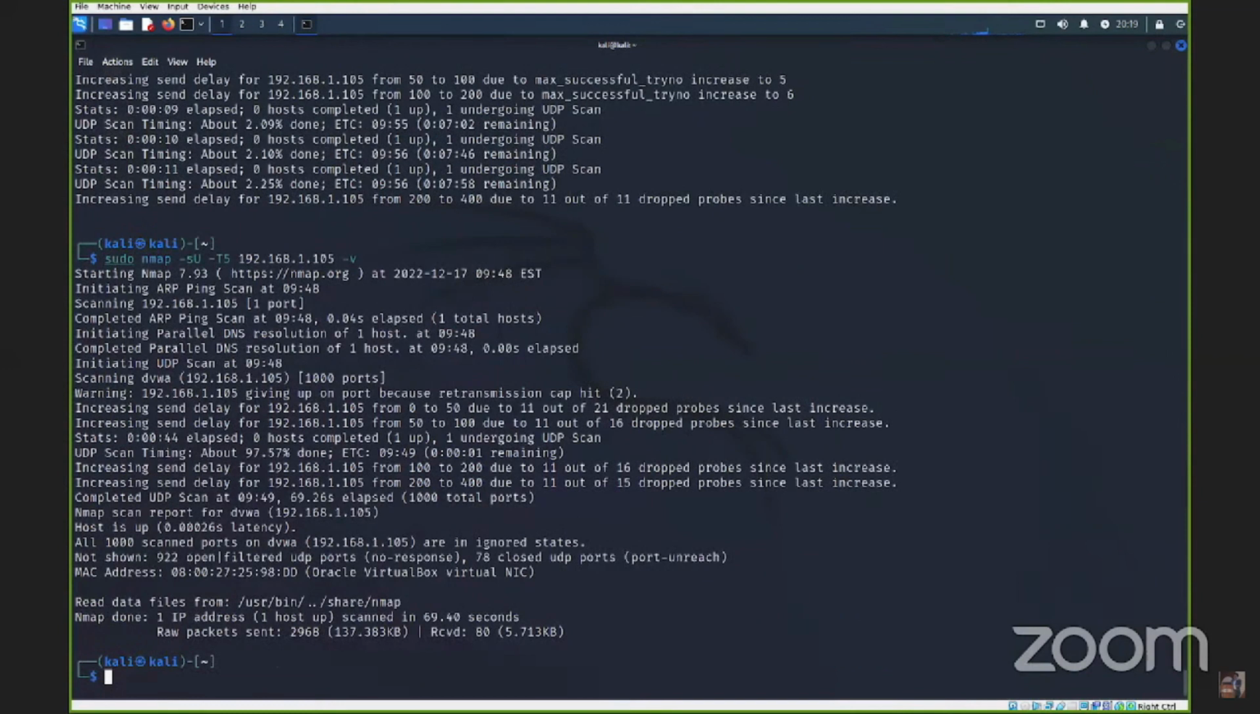Waiting for the scan to complete. Okay, it's completed. Okay, so in this case, there are no UDP ports. So we'll try this on